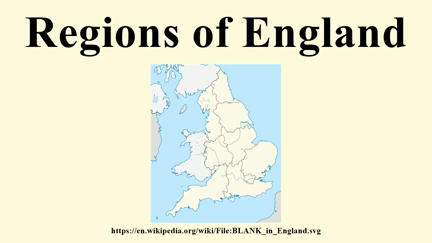Therefore, each region is divided into a range of further subdivisions. London is divided into London boroughs, while the other regions are divided into metropolitan counties, shire counties and unitary authorities. Counties are further divided into districts and some areas are also parished. Regions are also divided into sub-regions, which usually group socio-economically linked local authorities together. However, the sub-regions have no official status and are little used other than for strategic planning purposes.